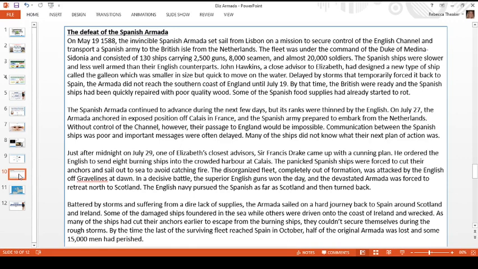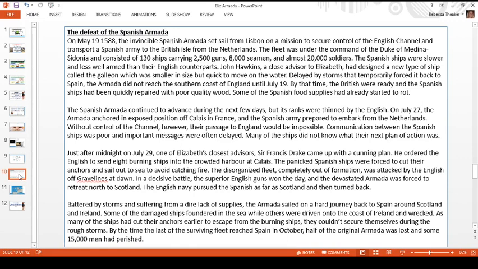But the Spanish ships were slower and less well armed than their English counterparts. This is because a man called John Hawkins, who was a close advisor of Elizabeth, had designed a brand new type of ship known as the galleon, which was much smaller in size. So previously people had thought that you needed to have these enormous boats to be secure in the deep waters of the sea, but actually he had made a slightly smaller boat which was quicker to move on the water. It made it a bit more nimble, and that made it slightly more secure than the larger boats that the